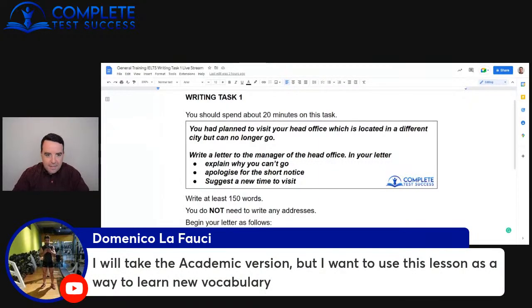Great. Domenico, I will take academic version, but I want to use this lesson as a way to learn new vocabulary. The lesson won't really be focusing on vocabulary. I won't be teaching vocabulary. You're more than welcome to stay. You're more than welcome to participate. But I would genuinely say if you're doing academic IELTS, there is probably something more important that you could do with your time. You know, if it means going and studying vocabulary or going and improving your pronunciation or whatever it would be,